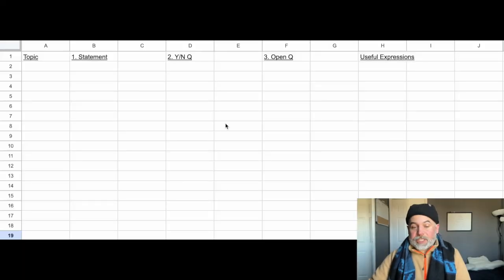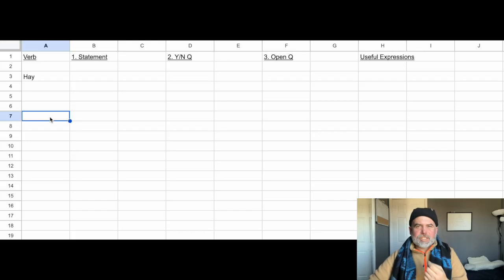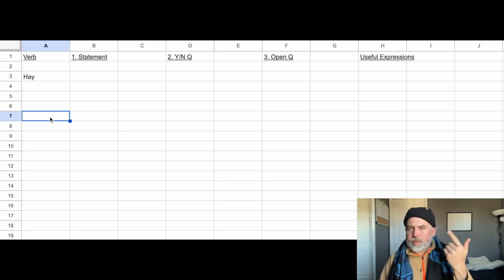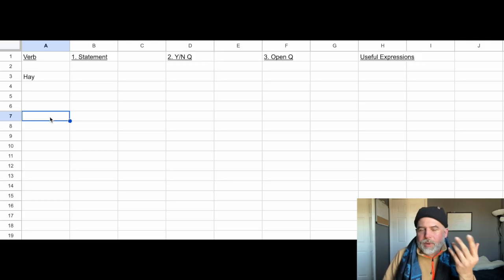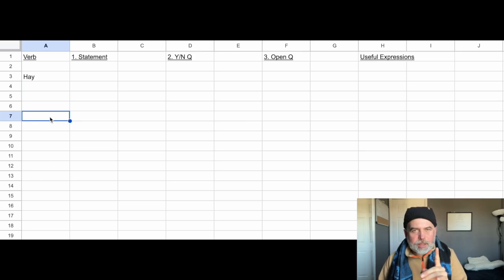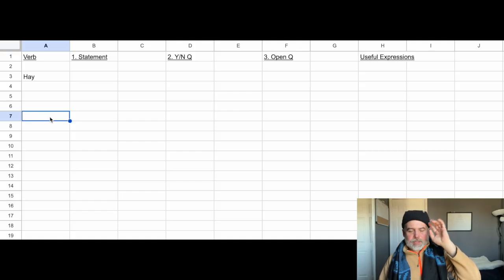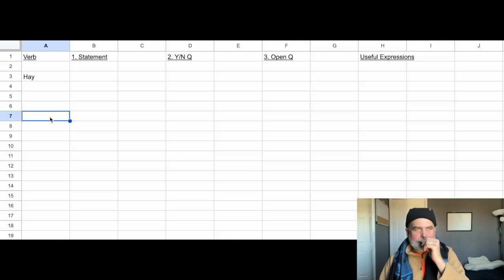Okay, here's a pattern that's very important. I'm going to switch out the word topic for verb here. The verb is "hay." Can you say that with me? Hay. For some reason, people overlook this. It takes a long time for people to remember that this verb exists. That's not going to be the case for you, because you're going to highlight this in your mind. Like Tony said, this is extremely important. Okay, hay, how does it translate?